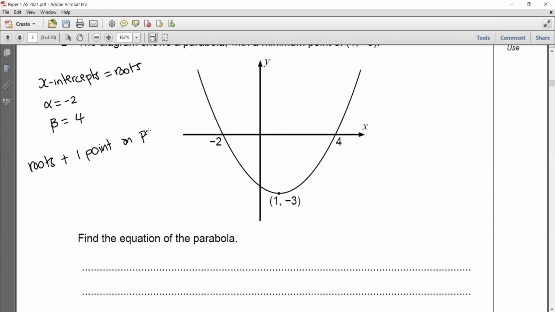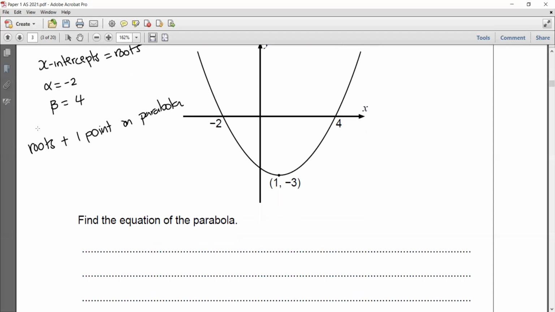on the parabola. Now, it's important to take note of this because that helps us in determining how to solve or come up with the equation of this parabola. Now, in the situation where you're given the roots and a point, it doesn't matter that the point is the minimum. It can be any other point as long as you have the roots of the parabola, as well as 1 point that is on the parabola. What you do is you will use this formula. So the equation of the parabola, you'll write it in this form,